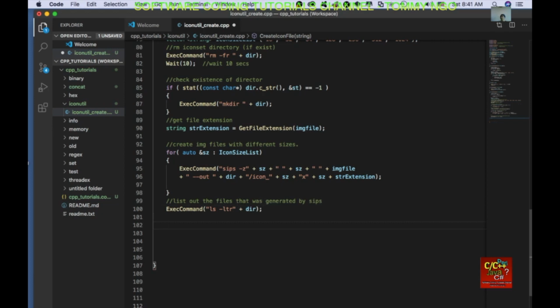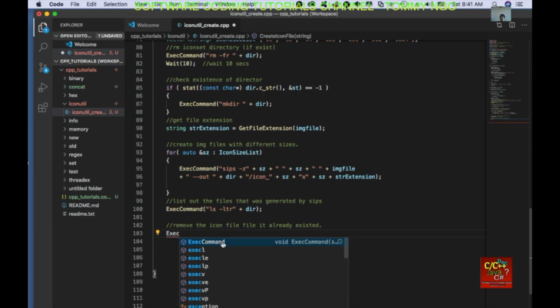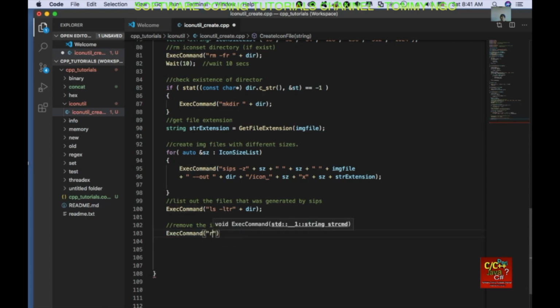Okay, so next step, we're going to go ahead and remove the icon file if it already exists. So we're going to execute the command rm -f, make sure we have a space here, plus the icon file. Okay, and then we're going to wait 10 seconds for this. So wait 10 seconds. And then